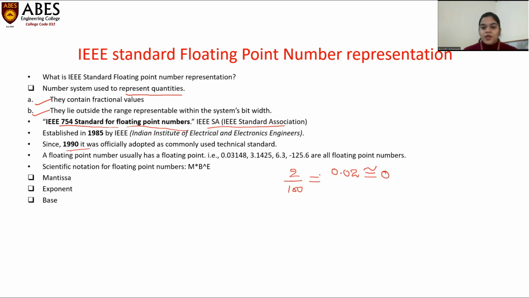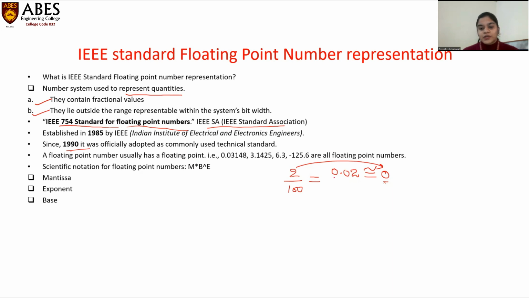Now, if I want its nearest value, if I round it off, obviously I will get the value 0. But for some calculations, this 2 by 100 must have some value. While converting it to the nearest decimal value, I get 0. But this 2 by 100 must have some value. Then why is there a need to represent it as 0? So there comes the floating point. Now this decimal point